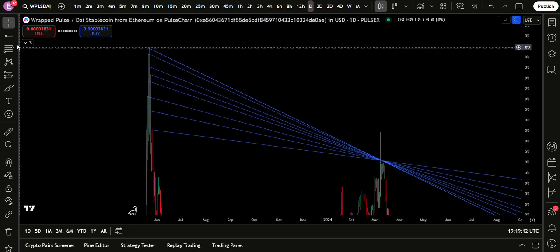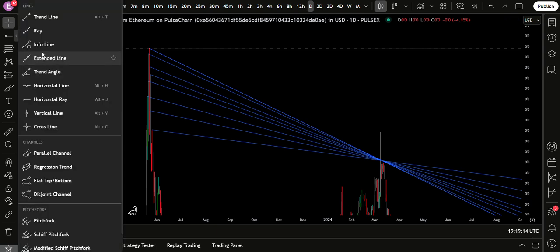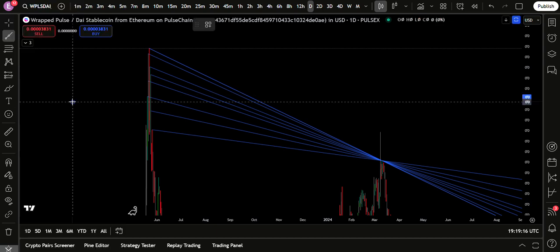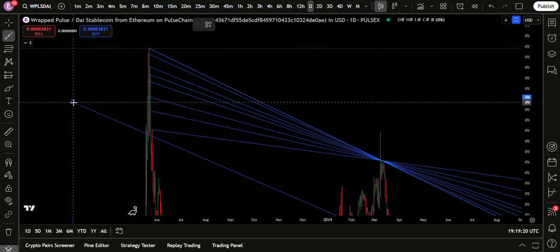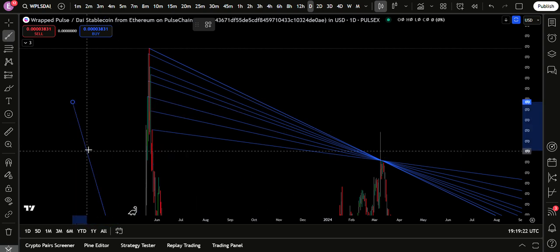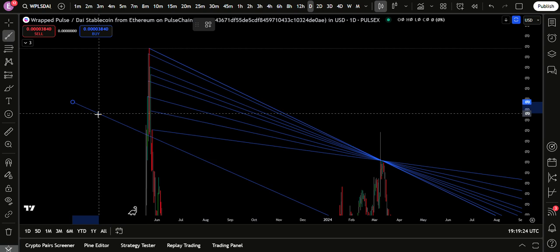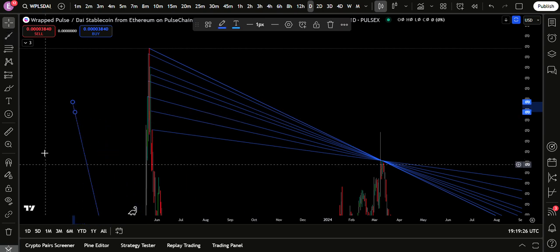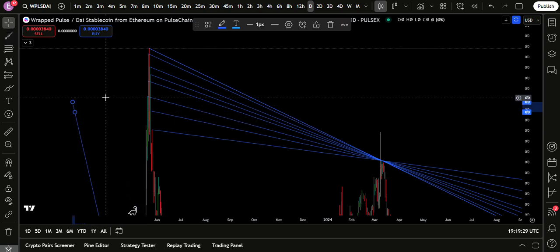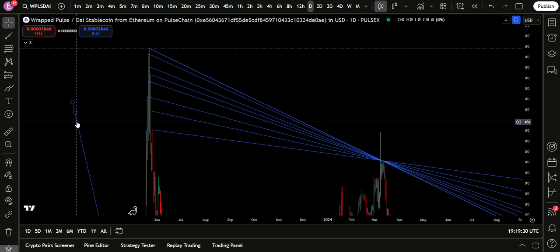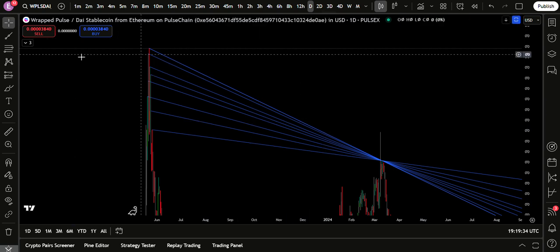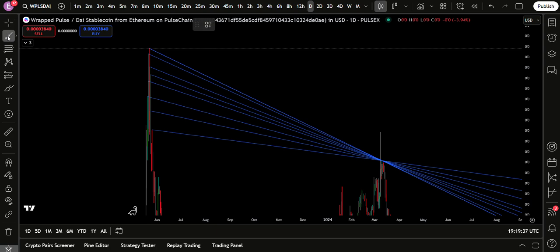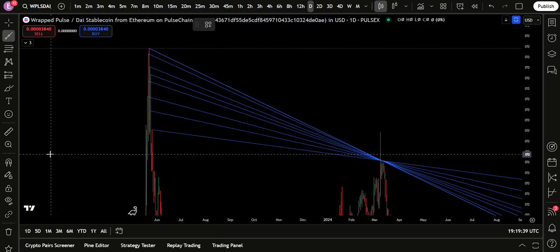So, to get these lines, I'll show you why they're cool. Right, follow my cursor. Go up to here. Go to ray. Sweet baby ray. So you click once, you get that first dot, and then you can swing it about like that. If you didn't like it, just click on it, and click off it. Just click on it again and go up here to delete. Bin it. Right. Get the ray. Sweet baby ray.